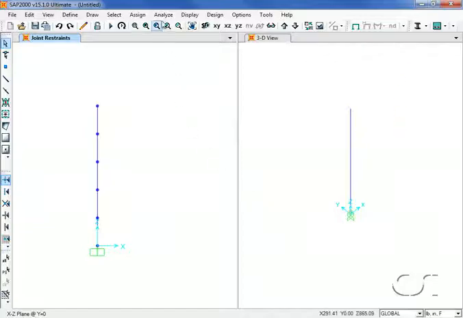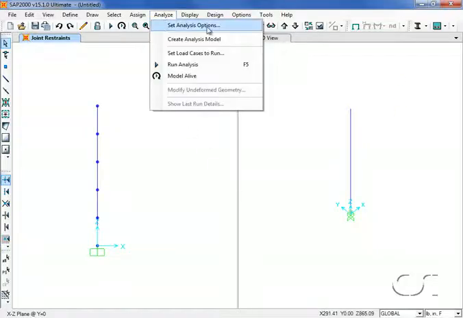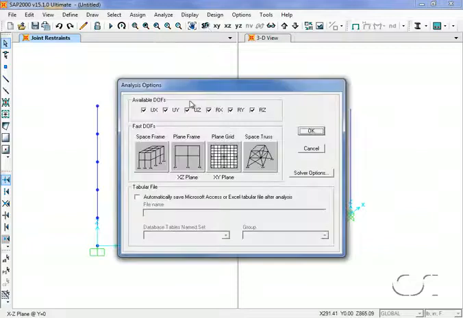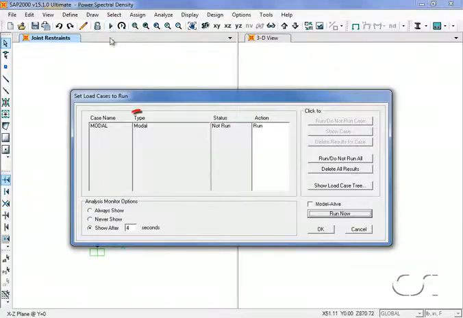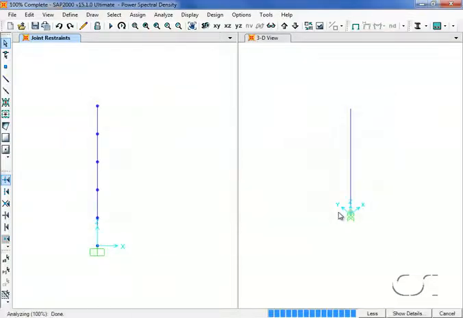For this example, we will do only a planar analysis in the XZ plane. We are now ready to run the modal analysis. It is important to note that we are running a modal analysis only at this time. We are not doing a power spectral density analysis, as we require frequency information from our model prior to plotting